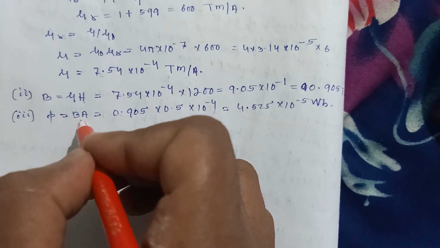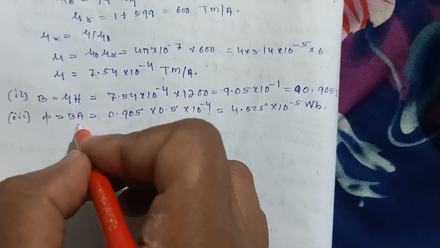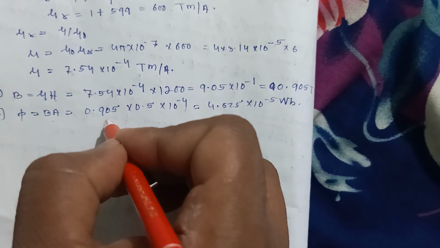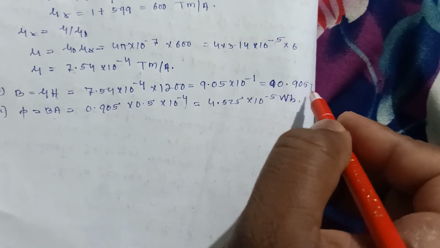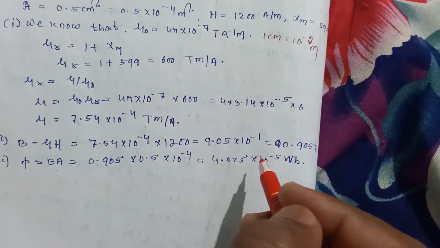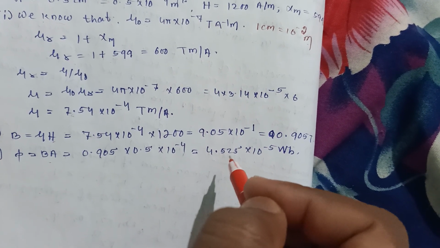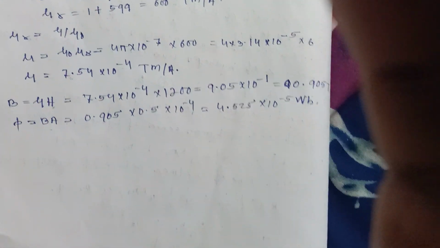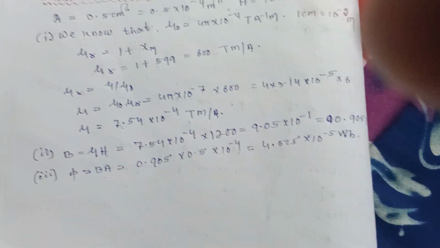Find the magnetic flux. So the magnetic flux is equal to the magnetic flux density into the area. The flux density is this, and the area is this area. So we get 4.525 times 10 to the power minus 5 Weber. Okay,